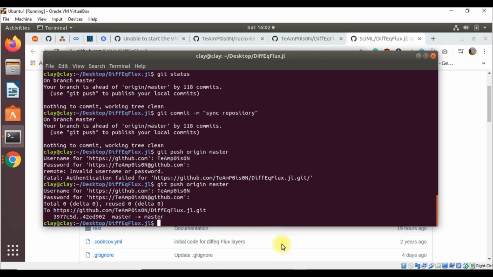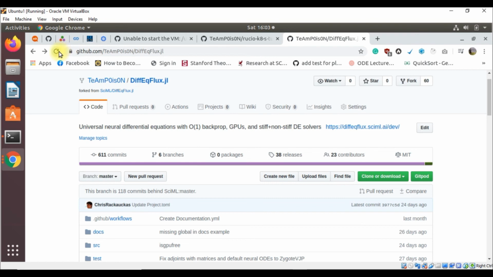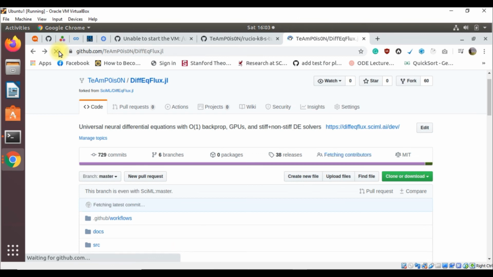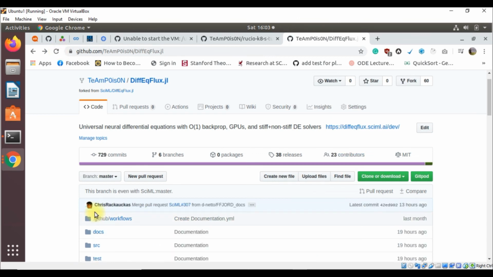So it was all about how to work with the fork repository. In our next video, as you can see, it is pointing right now in my profile, the fork repository, that this branch is even with the scientific machine learning's master branch.